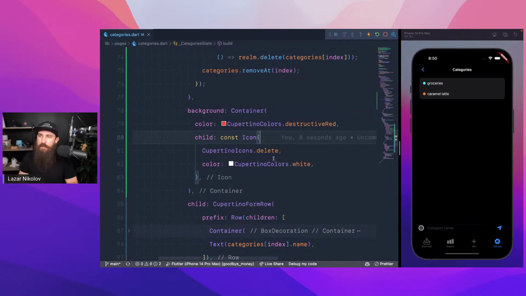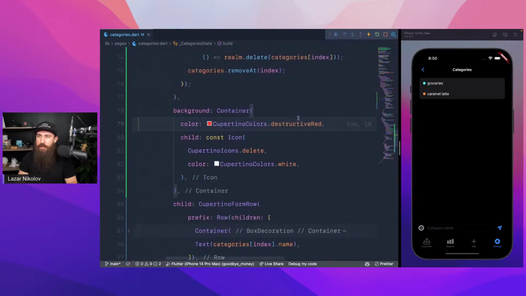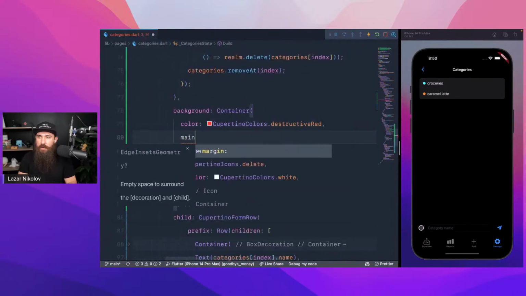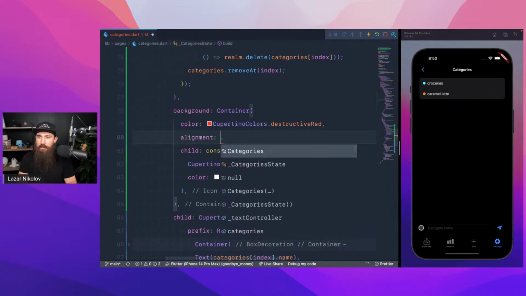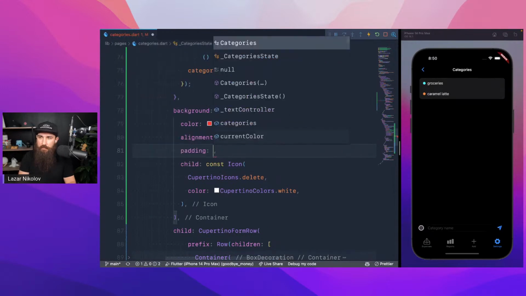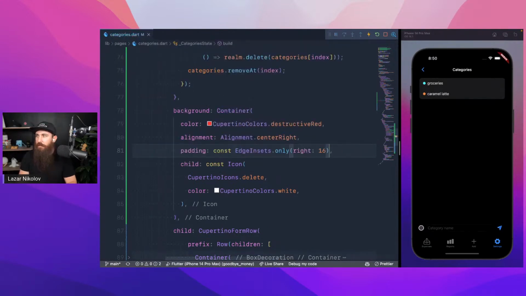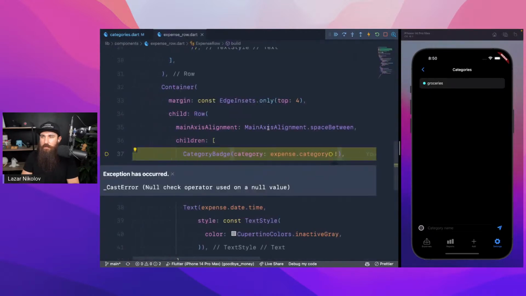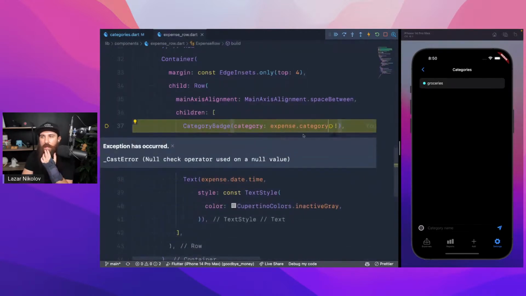on the right alignment. Let's change the alignment of the container. Main alignment. Center left. No. Center right. There we go. Adding? Yes, please. There we go. So when we remove the caramel latte, oh, okay, now